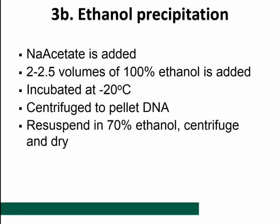Instead, the sodium, which is positively charged, will interact with the negative charge on water. And the reason for that is water has a dielectric constant, and it's going to be competing for the plus charge on sodium, and it's going to win the competition. The competition is between water and DNA, and really there's no competition at all. Hands down, water is going to win. So sodium is going to interact with water. The negative charge on DNA is still going to be negative charge, and so DNA will remain suspended in that